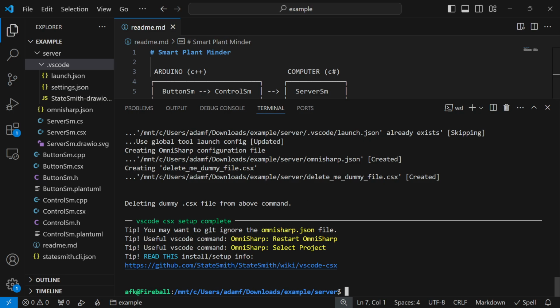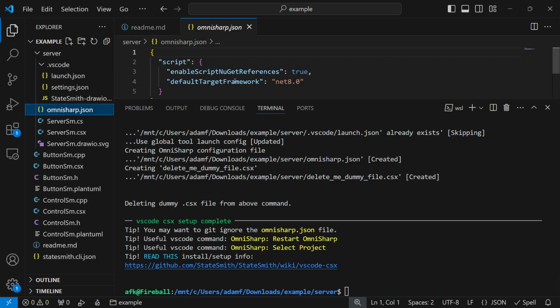If you're working with a multiple developer project and you have different versions of .NET going on, you might want to ignore the OmniSharp file here. It's here because it is specific to a target framework. So it's just a hint saying, hey, you might want to ignore that. Here are some commands that you might find useful. And there is some important information in here, mainly about